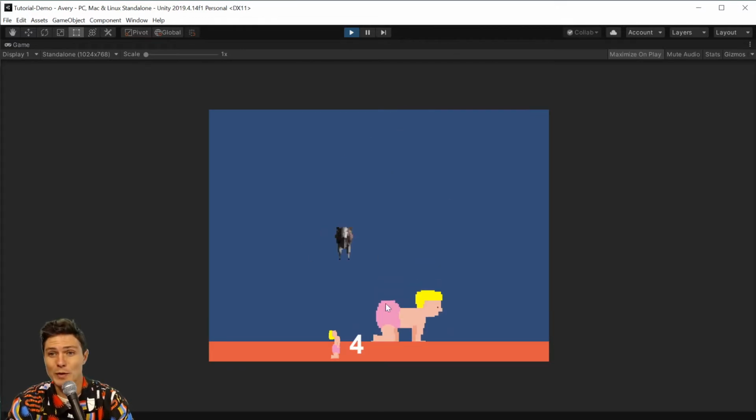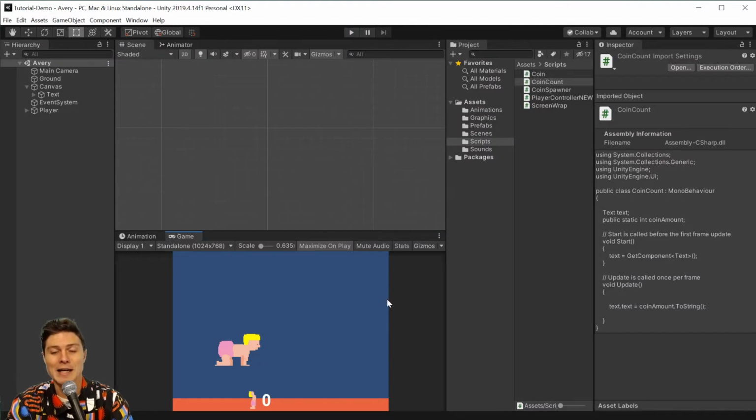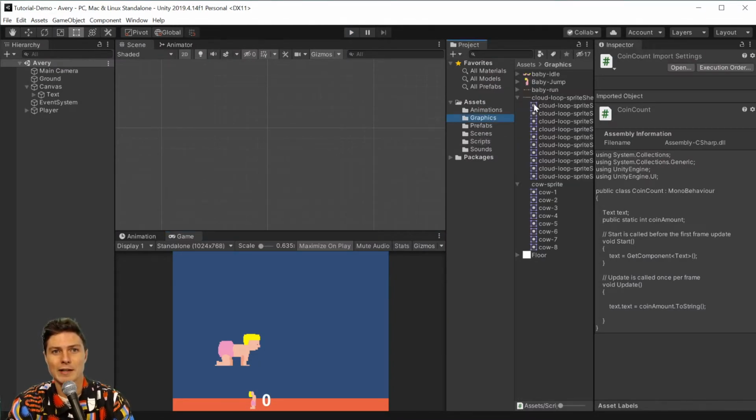So we have the coin script attached to this prefabbed cow, and we have the coin count attached to this text object. We went over all of this. Let's add a background. So we have our graphics. Remember, we added our